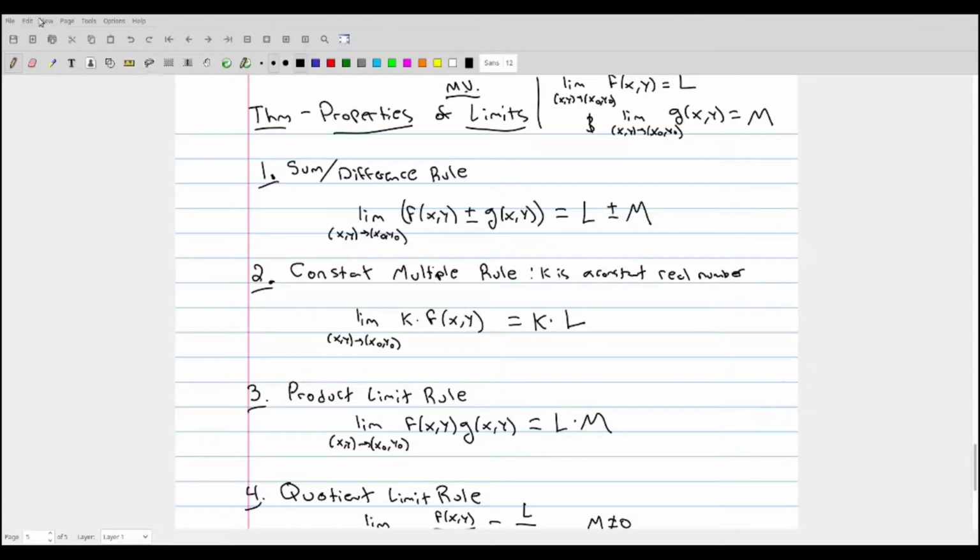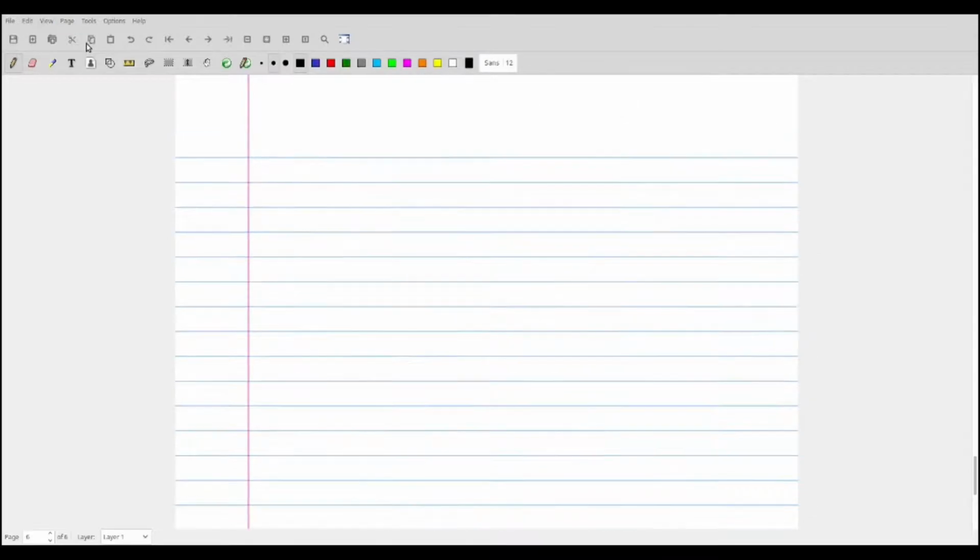So we'll do a couple of limit examples, both for 2D functions and 3D functions, just to see how to use these. I'm going to take the limit of a function of 3 variables. Actually, I'll stick with a function of 2 variables for now. All of these laws apply for functions of 3 variables as well. Take the limit as (x, y) goes to the point (0, 1) of the function x minus xy plus 3